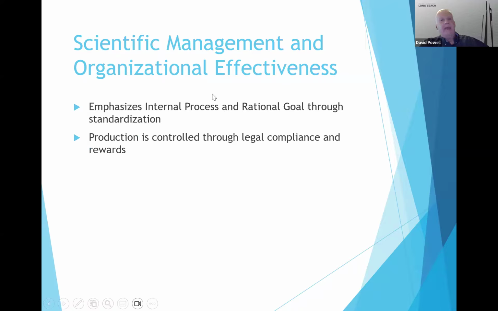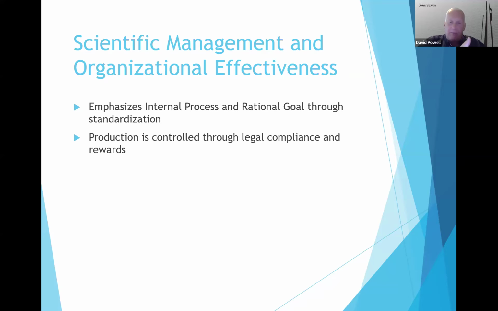So where does scientific management fit in terms of our four models of organizational effectiveness? Well, he is a classical theorist after all, so therefore he'll fall within the rational goal and the internal process models. One of the things I'd like to see in the Tompkins textbook, if it ever gets published again, which I doubt that it will now that he's retired, is some gradations in terms of the shading of these cells. I would certainly shade the internal process cell a little bit more heavily than the rational goal cell, but it certainly does emphasize both of those models of organizational effectiveness.